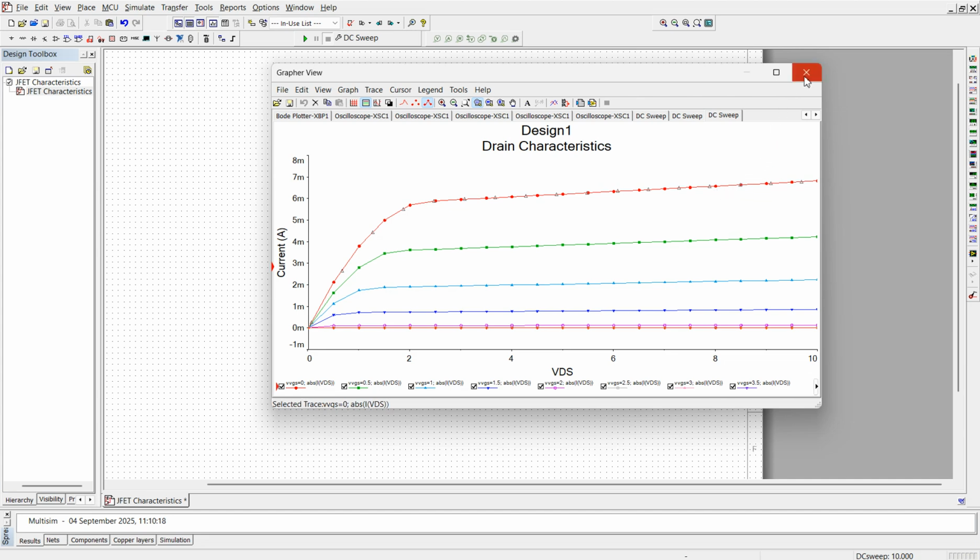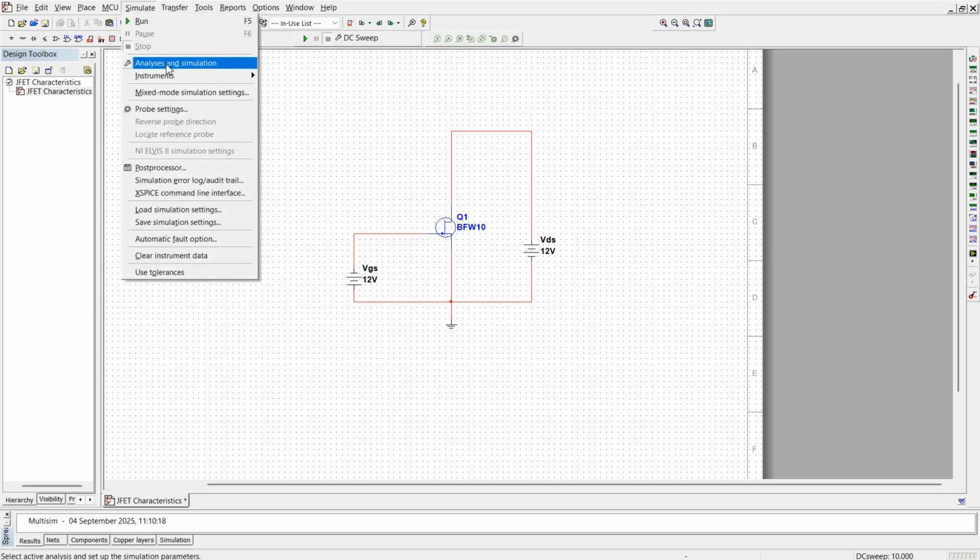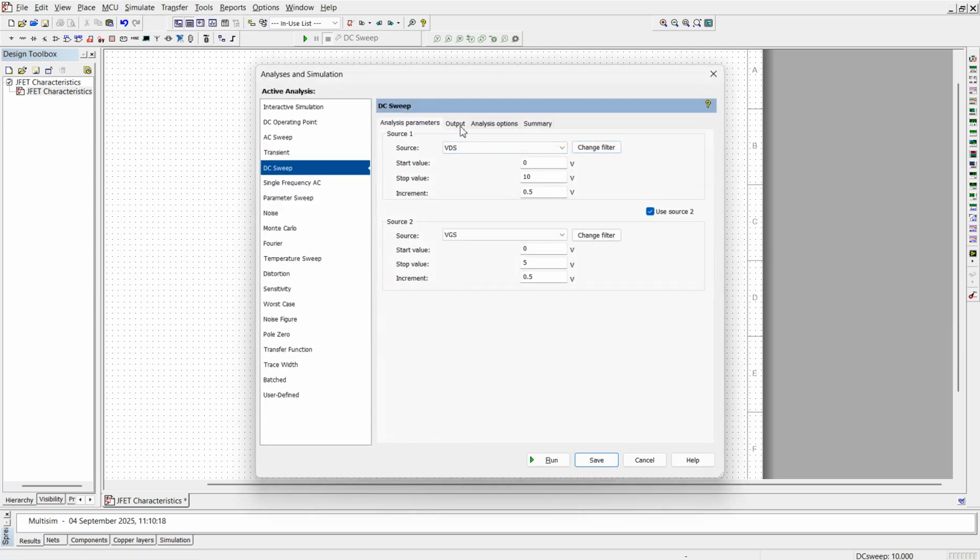Now to find out transfer characteristics, let me make some changes here. Go to Simulate, click on Analysis. Now let me make some changes in the analysis parameters. Let me first choose VGS here, and take the start value as 0 and stop value as 2 at an increment of 0.1. Let me choose the second source as VDS, start value 2, stop value 4 and increment of 2,